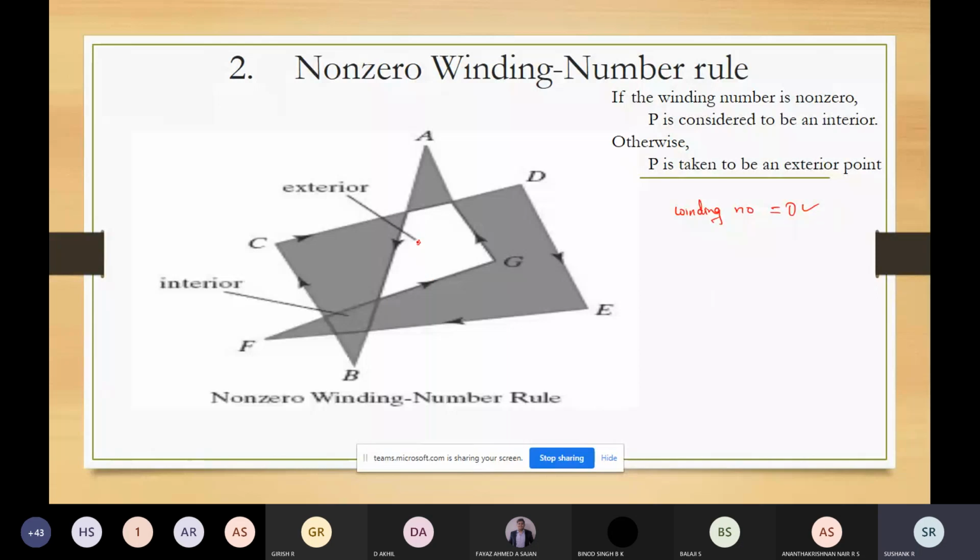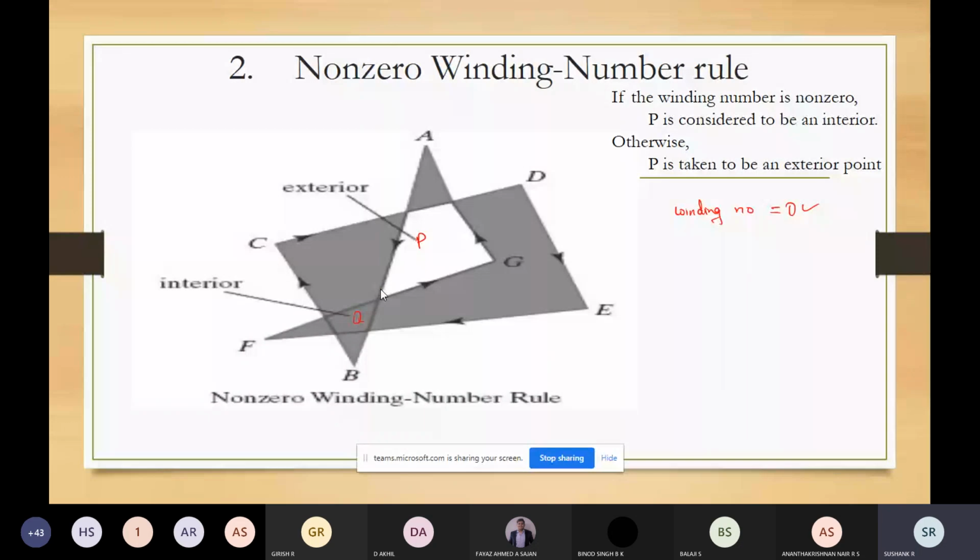After that, the same process will repeat. We take some point P. Again, draw a line from this position to a distant point outside of this polygon. From point P I'm drawing one line, and from point Q I'm drawing one line. In the earlier method I was counting the number of lines it had intersected, but now you just assume that this is point P. So the method is the same.